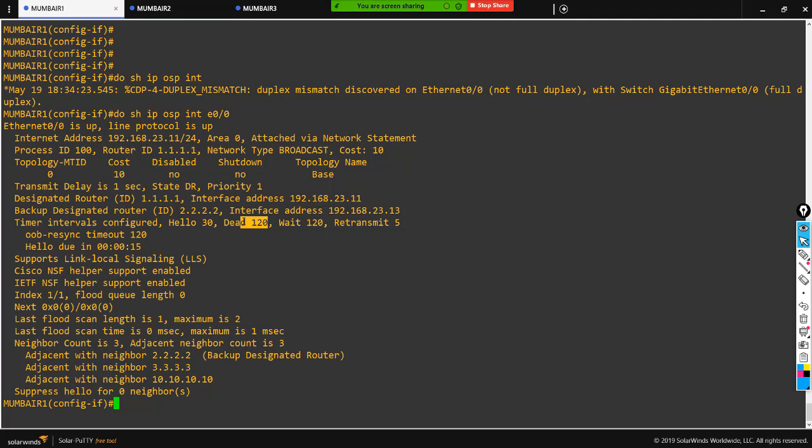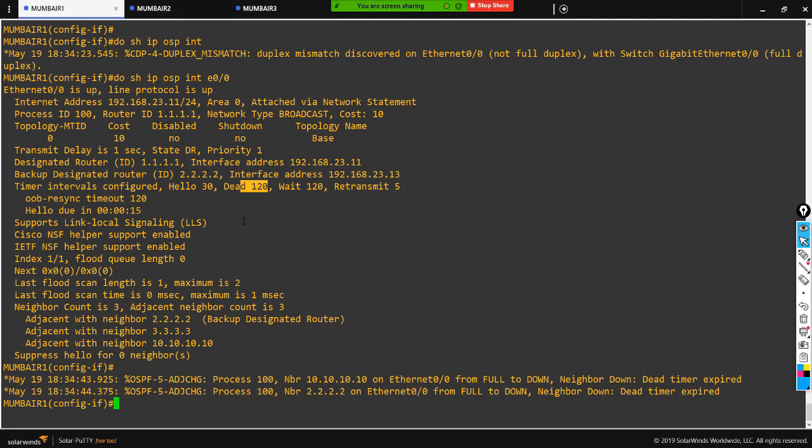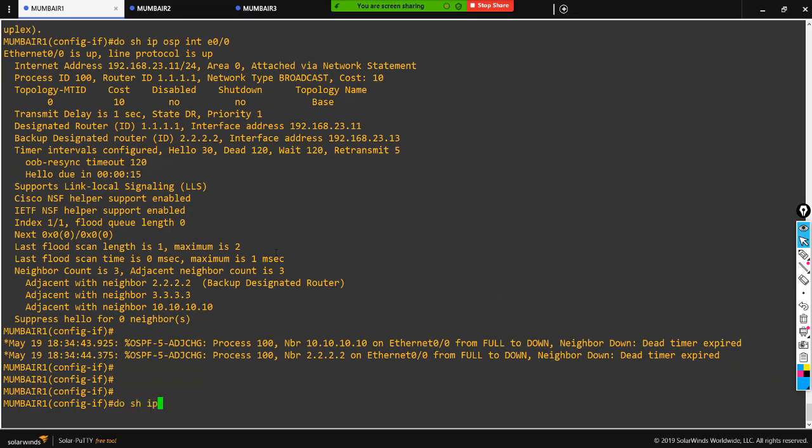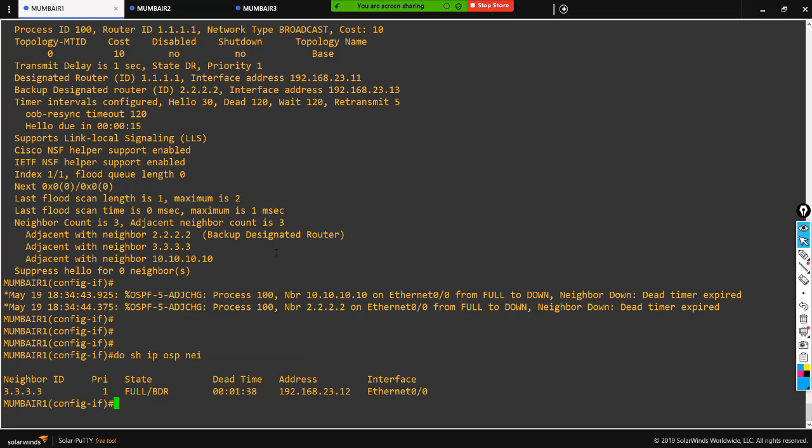In case of EIGRP it was into 3, but the shifting will not happen in case of EIGRP. In case of EIGRP you have to change hello as well as dead manually, but in the case of OSPF it will auto adjust the values. Now what happened? The neighborship started coming down because the hello packet must be the same on both sides. So from this point of view, if I just see the neighbors,